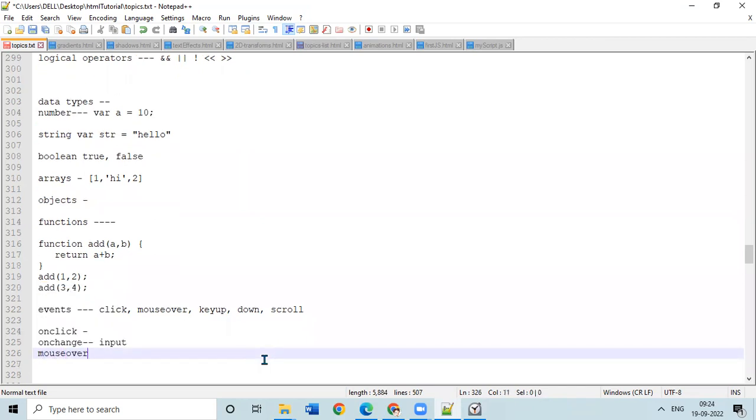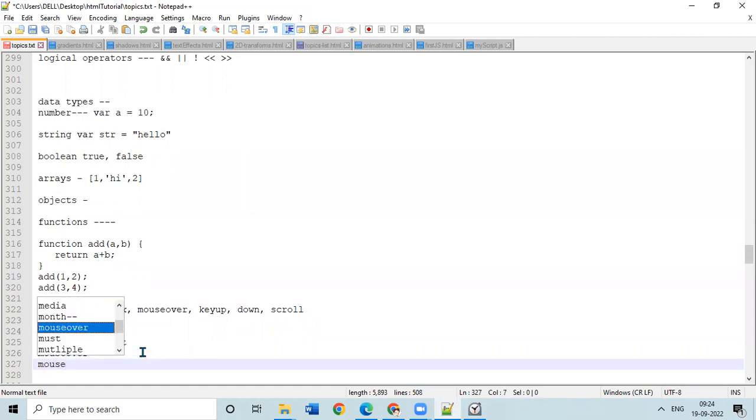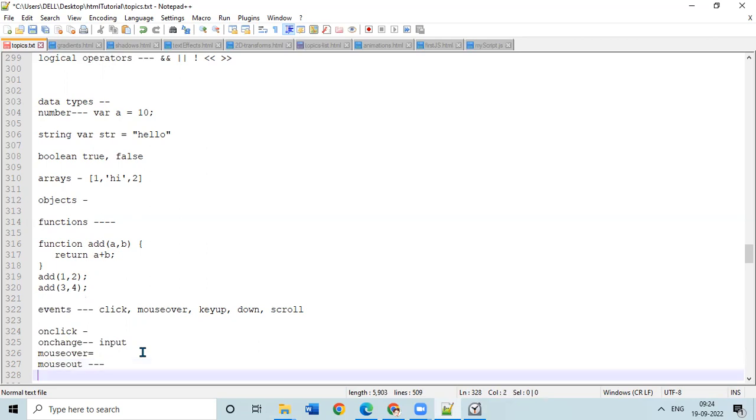mouse over. So this is for when the user moves the mouse over an HTML element, and you want to do something. We already did the CSS mouse over, right? In the same way JavaScript also supports mouse over and mouse out. So mouse out means what? When the user moves the mouse away from that HTML element, then this method is called. And